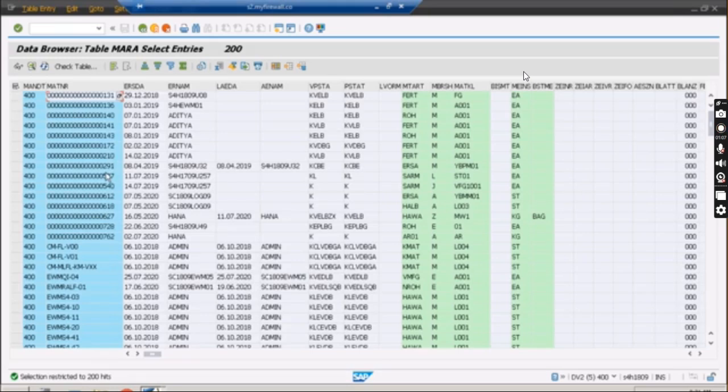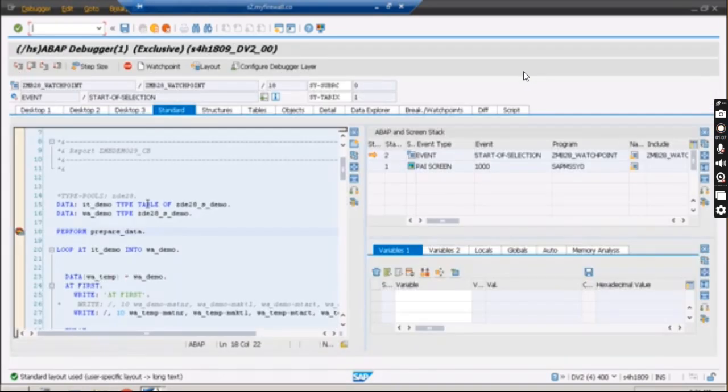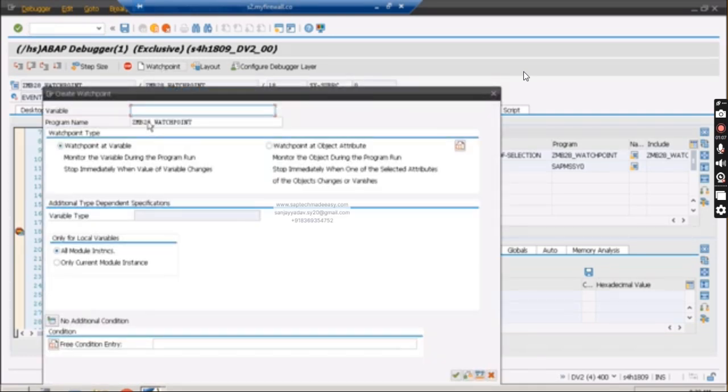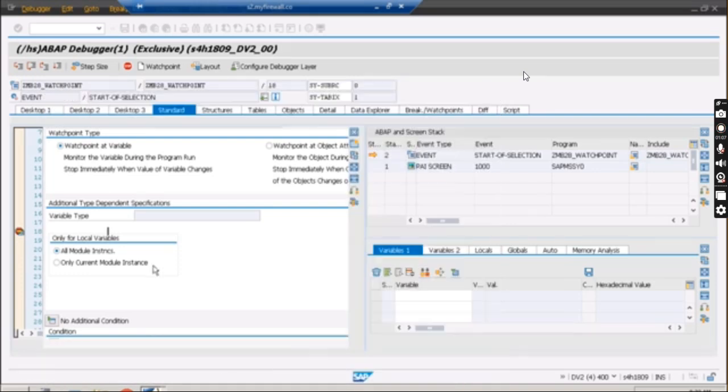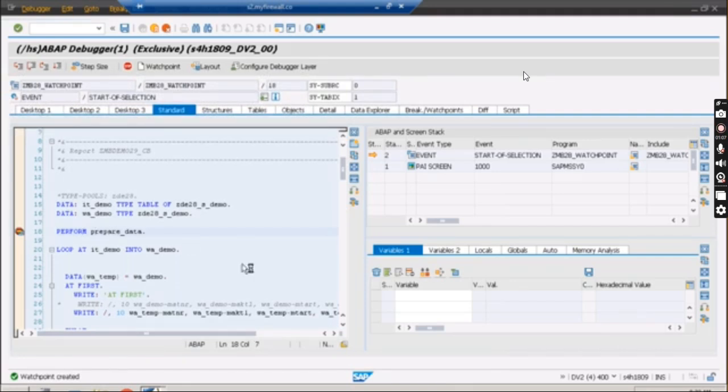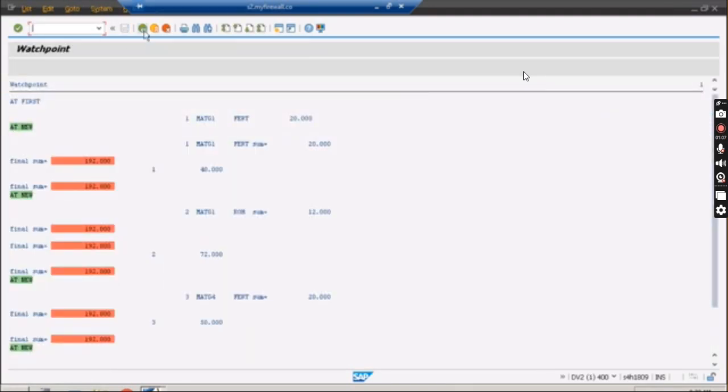I'm just going to copy this one, okay, and I will use this format for the watch point. Go in the same way, I will just change the condition. I will use the condition like this, okay, 002. So 18 characters it is now, and let us see this time if it's working or not. Press F8. This time also it's not working.